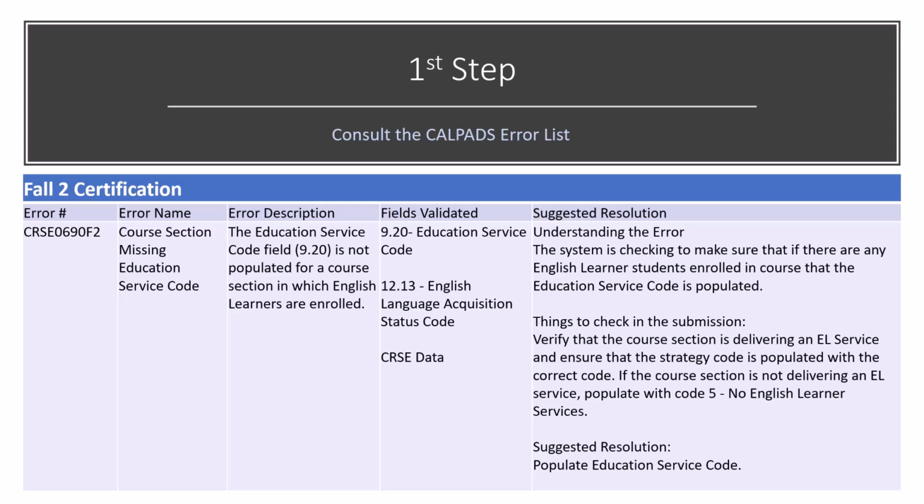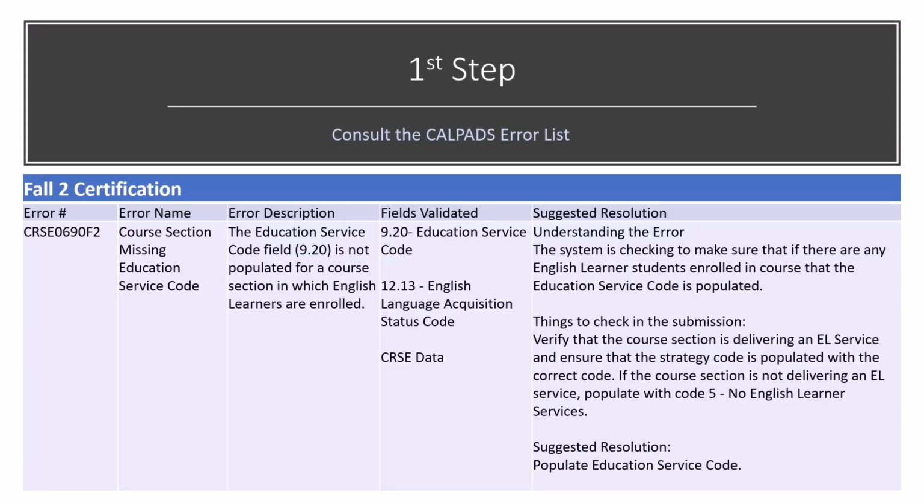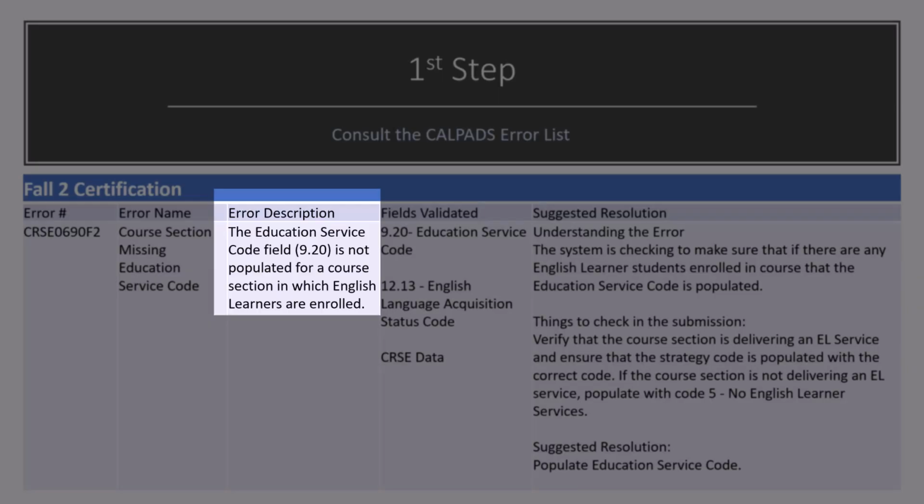Here we have a description available to us from the Excel version of the CalPADS error list. The first two columns on the left show the error name and the error number. These will be what is provided to you in CalPADS, and it's used for reference. Now, the error description, the fields validated, and the suggested resolution provide us the tools we need to troubleshoot the